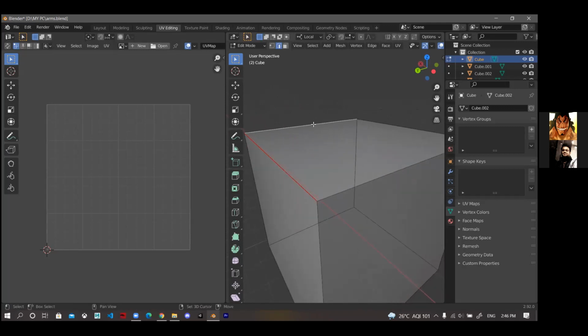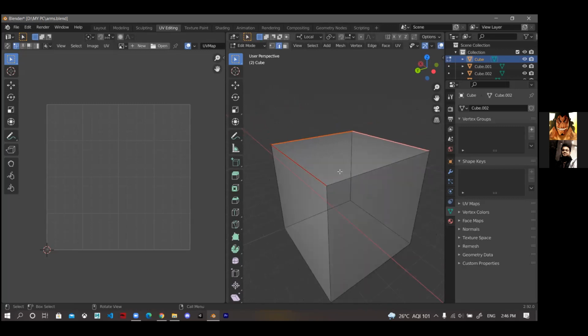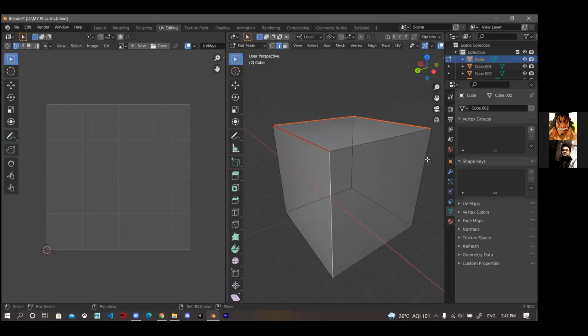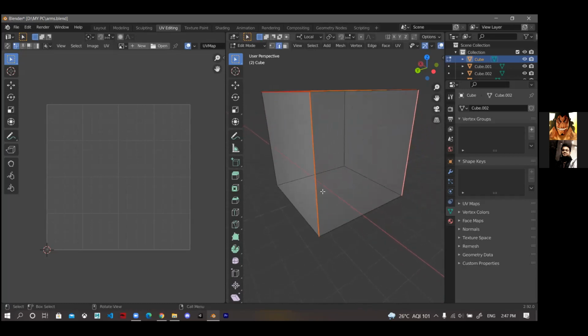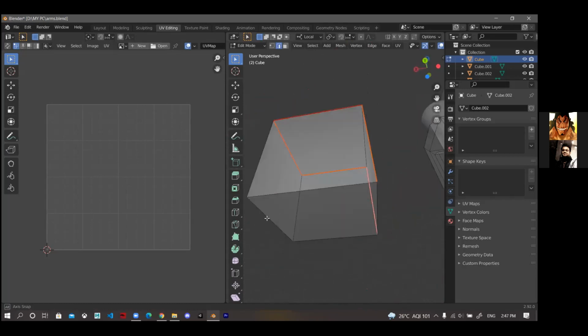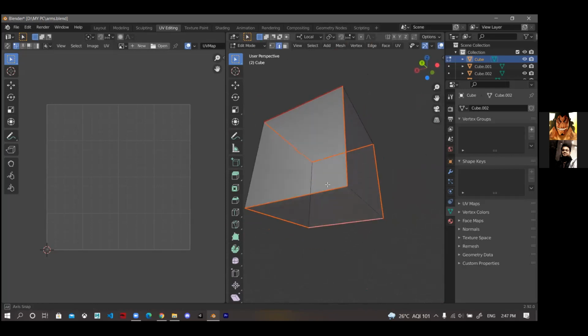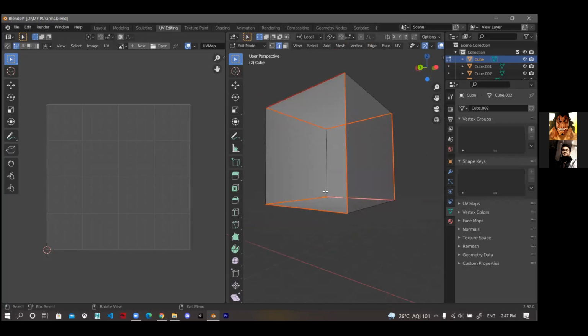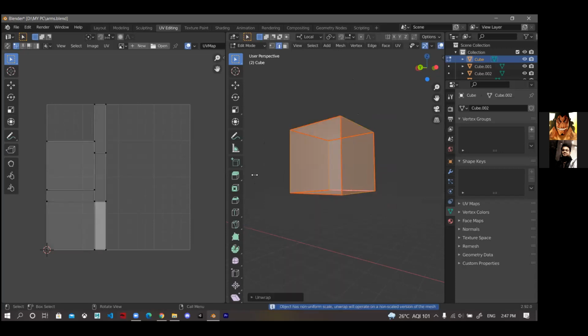Again, we select the edge, press enter, right click and mark seam. Now we will select everything and press U and then unwrap.